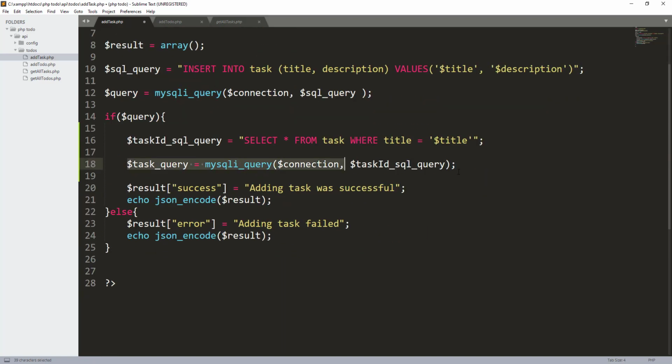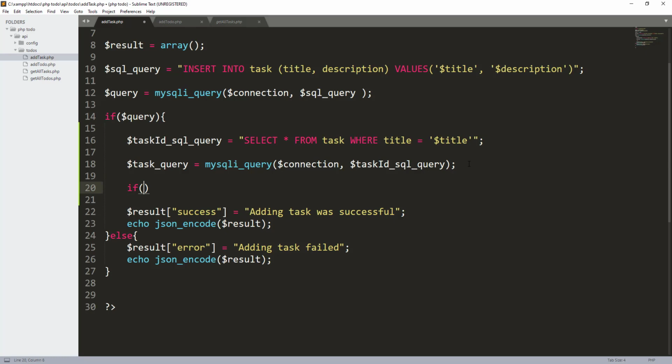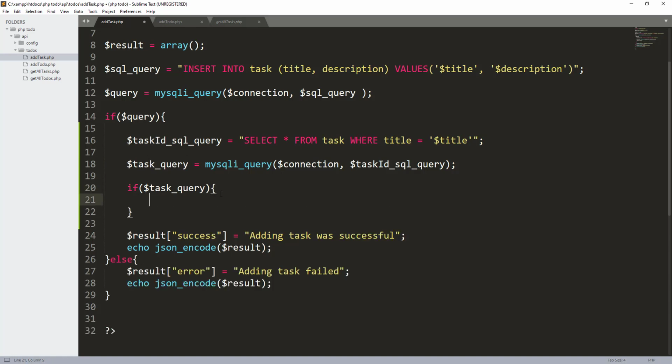So I have this here, and I can just do the normal check on it again and see what's happening. So now I can check and see if the task query here, if the task query